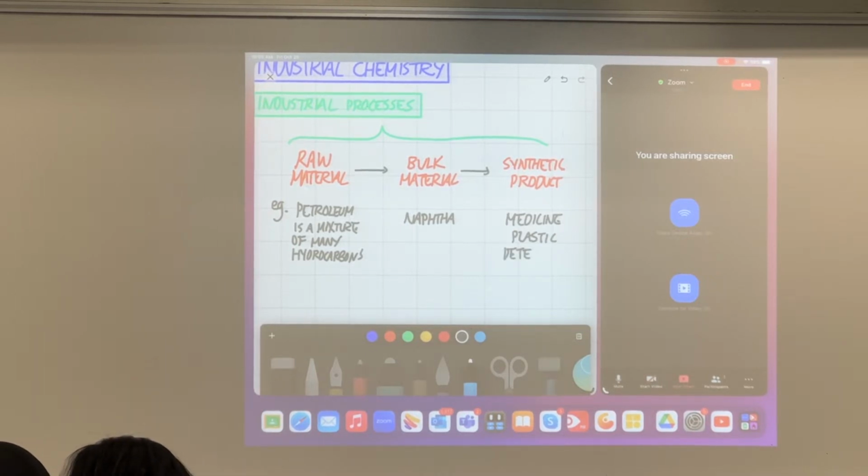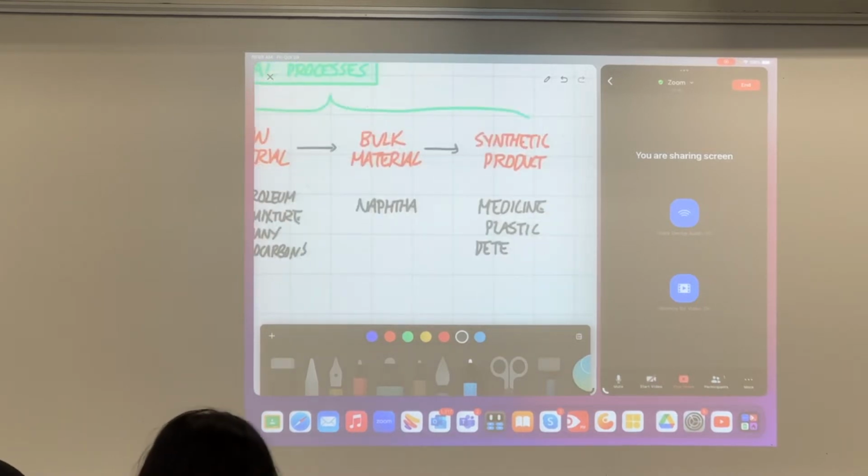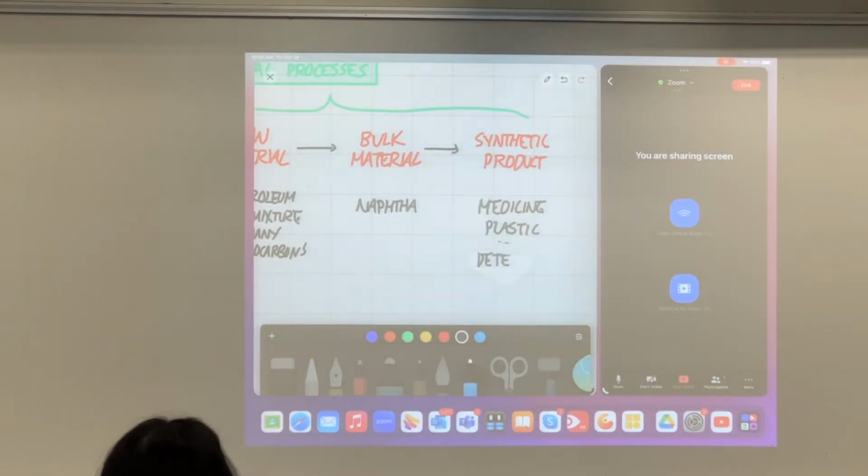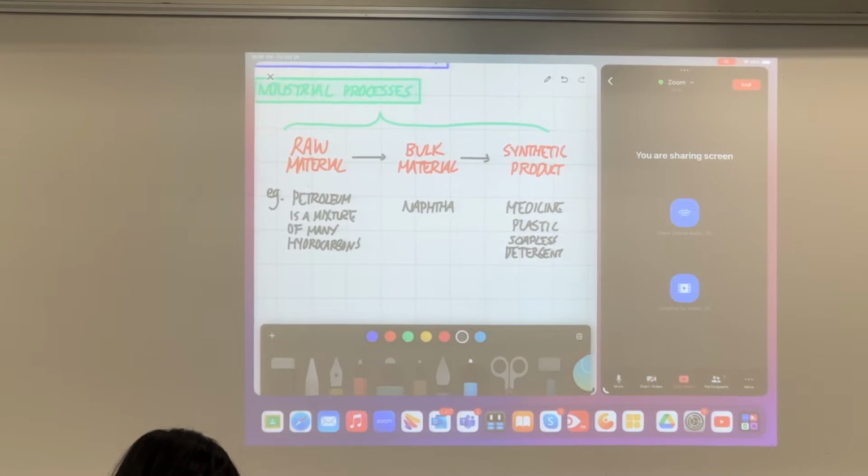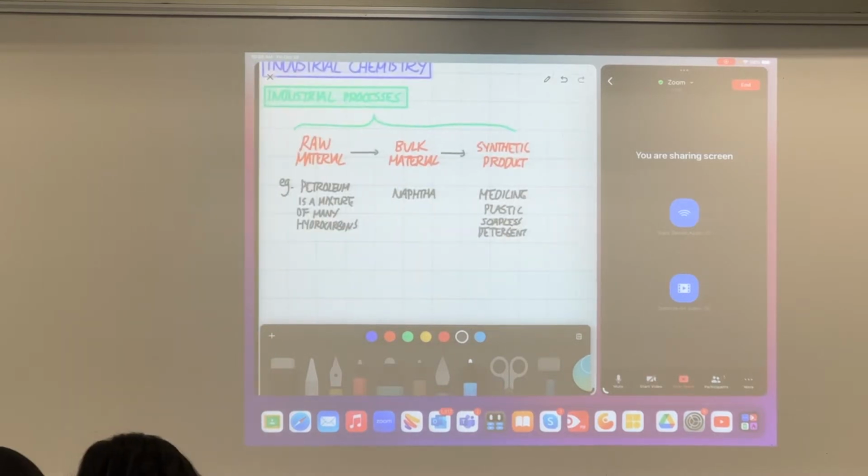Remember there's soapy and soapless detergent, right? Which of those detergents is made from crude oil origin? Soapless. Soapy detergents come from fats, remember? So you may want to add the word soapless here. Soapy detergents are made from fat, but we are looking at the detergent made from petroleum now, so this must be soapless detergent. These are things we can make from these raw materials.